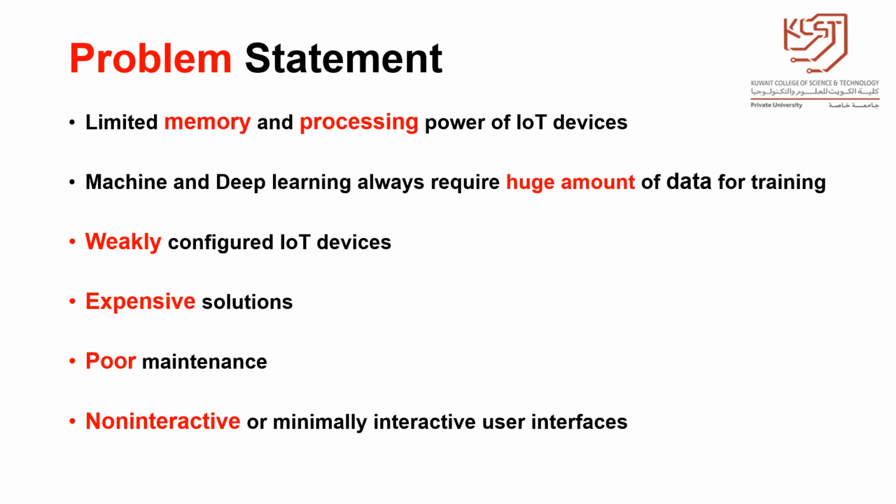Now, if we have a lot of these things available on the internet, one of the ideas here is why we are doing this research for IoT devices, or how IoT devices could be protected in an environment. One of the problems with IoT devices is that they have limited memory and processing power. So for instance, if you install deep learning models on such a small device, there is a possibility that we cannot get what we actually want because of the limited memory and processing power.